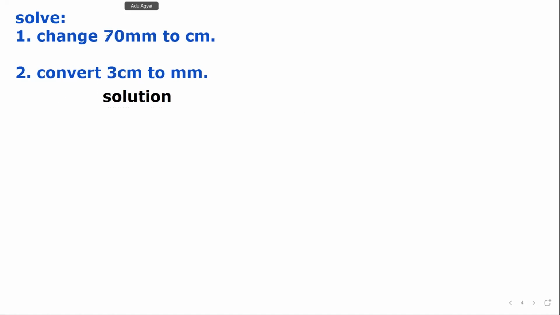Because you are going to change the 70 millimeters to centimeters, you have to know the difference between the millimeters and the centimeters, the standard. So with this, you are going to state the difference between the millimeters and centimeters first, before you change the 70 millimeters to centimeters. And let's see the difference here. We said